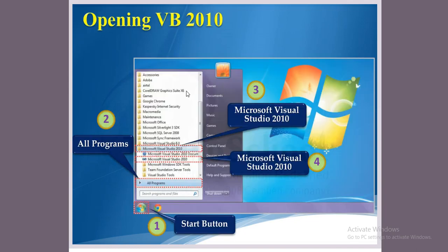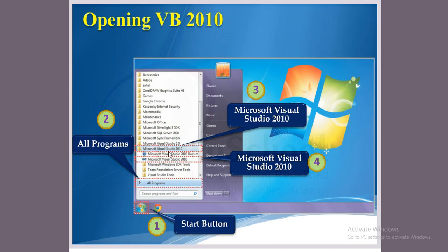So now, opening Visual Basic 2010. How to open: just click on this start button. This is the start button, you all know. Just click on this. Then move to All Programs here. Once you select All Programs, you can see the folder Microsoft Visual Studio 2010.